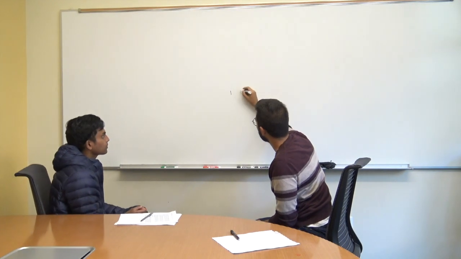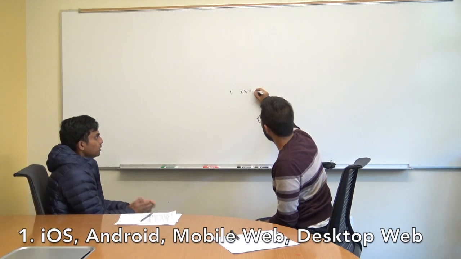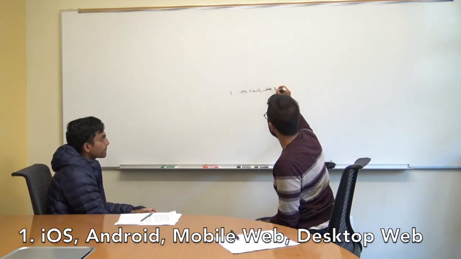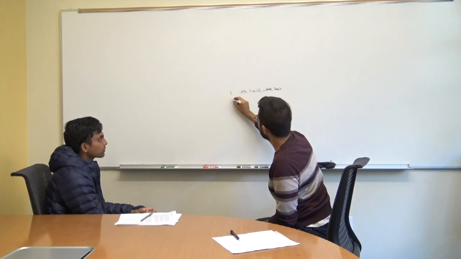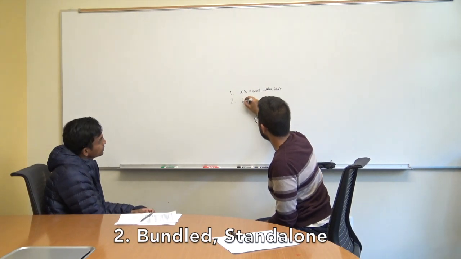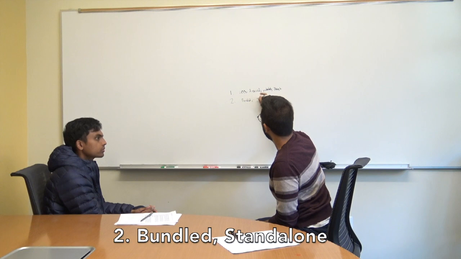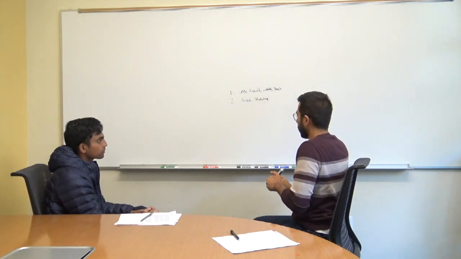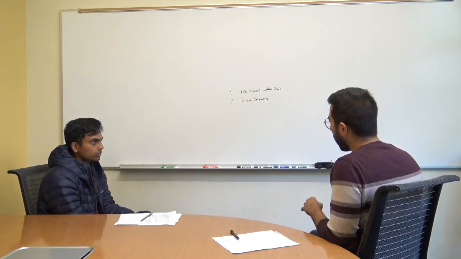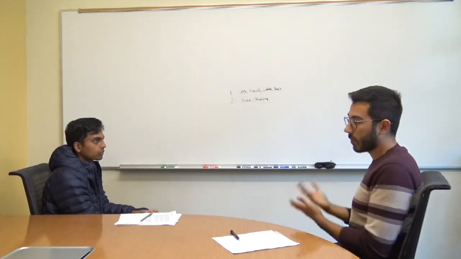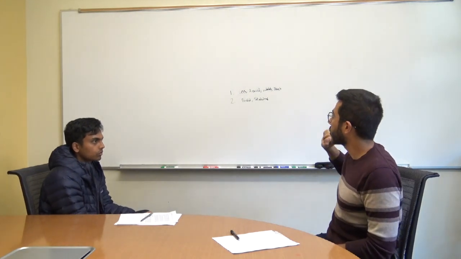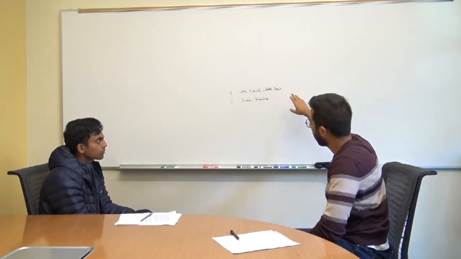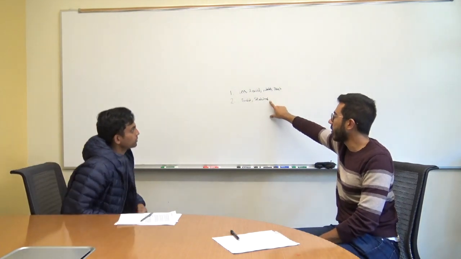So the first decision that we want is iOS, Android, mobile web, and desktop web. And the second decision is bundled or standalone. So we want a decision for the team, and you're in charge of the team. Unfortunately, we don't have enough engineering bandwidth to actually build on all these platforms and do all the decisions. So we'll have to pick one of these to build on and one of these as a